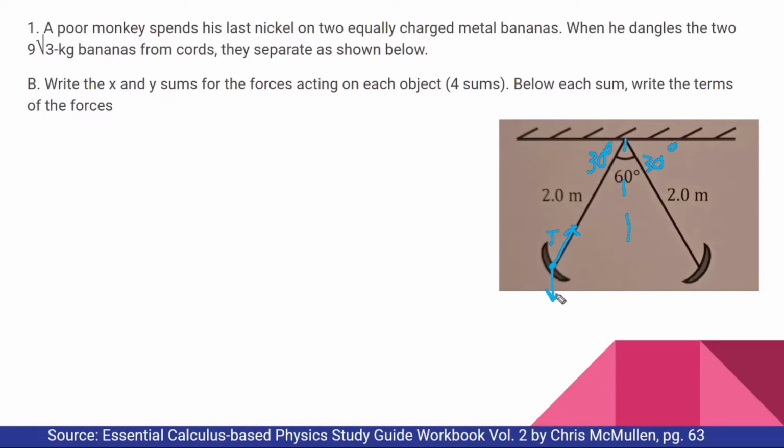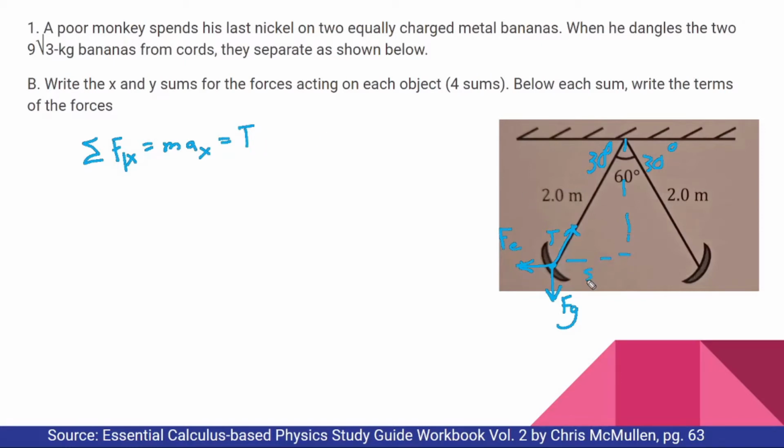We have our force of gravity, and we have our electric force. So we know that the sum of the horizontal forces for the left one would be equal to the mass times the horizontal acceleration, which is going to be the force of tension